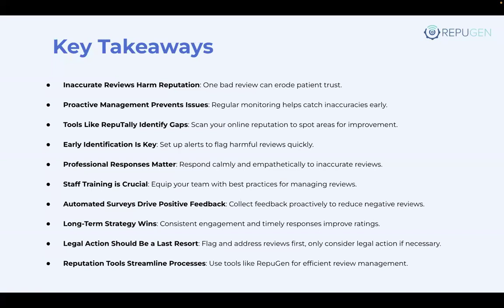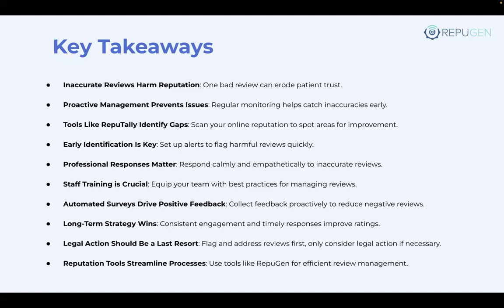Number 2, we went over proactive management prevents issues. So regular monitoring helps catch inaccuracies early. You'll want to use some tools to identify any gaps in your online reputation. And then be sure to respond to any reviews within that 24 to 48-hour window by setting up alerts on those online review profiles, as the quicker that you address an issue, the less impact it will actually have. And you'll want to make sure that you are set up to respond to any reviews in a professional manner. Make sure that your team is trained on these best practices,